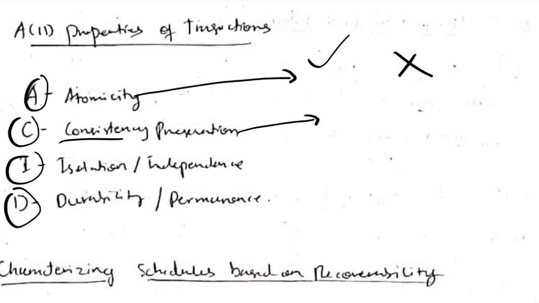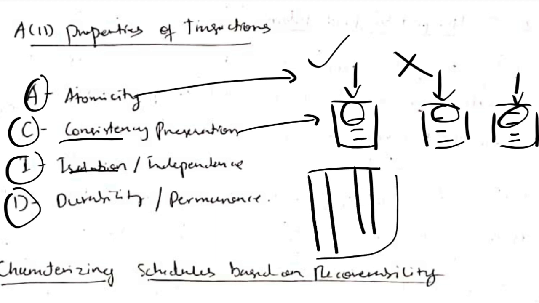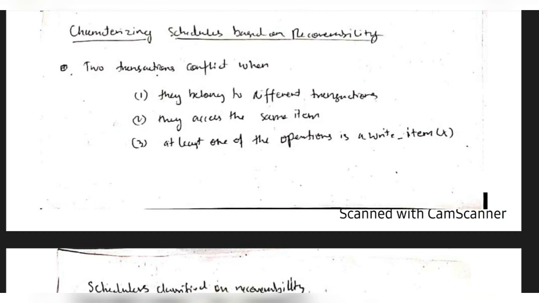Consistency means if there are multiple views of the database, in all of them there should be the same type of data and transactions. There should be no inconsistent data. Meaning somewhere the roll number is 1 for the same person, somewhere it is 2, somewhere it is 3. That should not happen. That is what is meant by consistency. And isolation means even if all the transactions are happening in parallel, it should look like they are happening in isolation from each other. Durability means recovery.